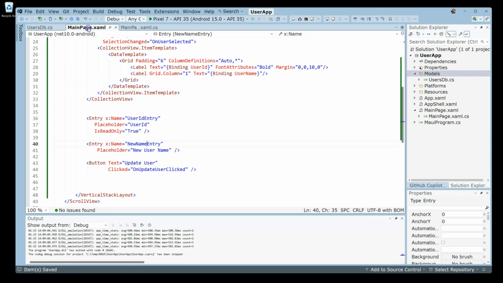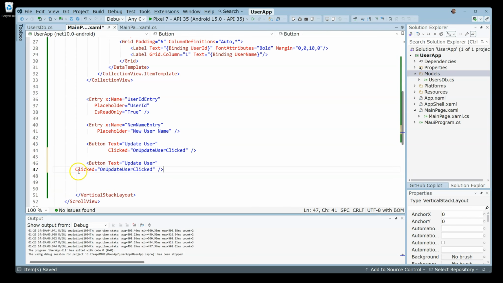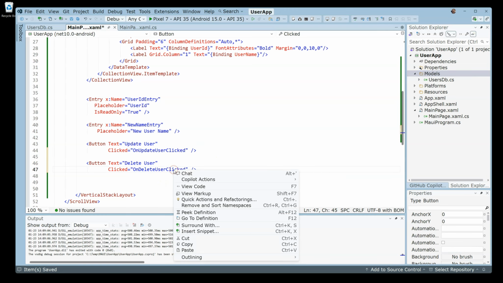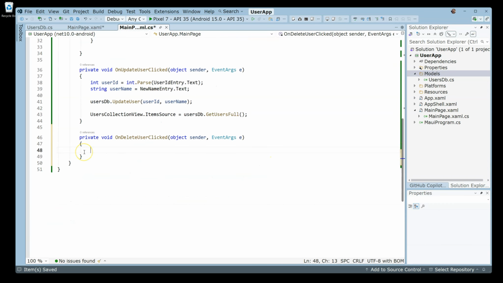And now go back to the user interface. Now we need to create a new button to delete the user. So I just copy the previous one, and instead of update user I just call it delete user, and on delete users clicked, which is the event handler. So then I just right click, go to definition, and it is created automatically here in the code behind file, like this. And then we also need to retrieve this user ID, so I just copy this piece of code,